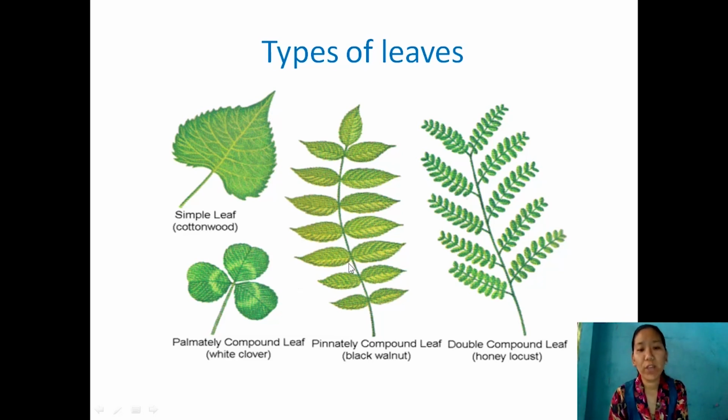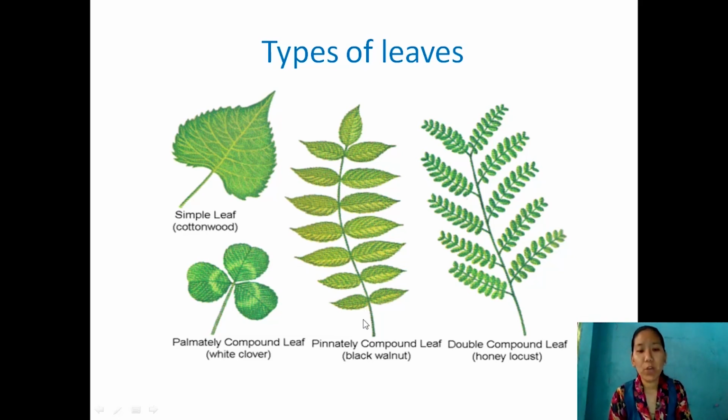So compound leaves are shown here. There are three compound leaves shown here. So this is compound, this is compound, this is compound. In a compound leaf you find a number of leaflets. So you know how to distinguish a simple leaf and a compound leaf. You just look at the presence of an axillary bud. If there is an axillary bud in between them, then each leaf is a simple leaf. But since here there is no axillary bud, this whole is a complete leaf, or you can say the whole is a compound leaf here.